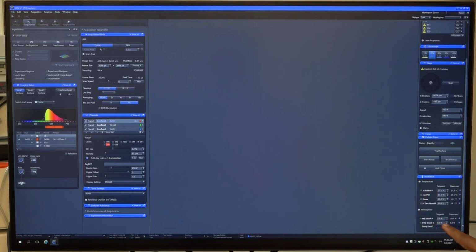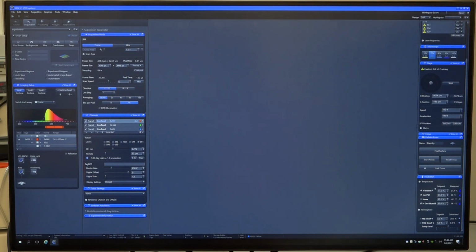Okay, so as you can see in the incubation here, there are a set of parameters. Basically 37 degrees is the set temperature. You can also have different set points according to your experiment requirement. And this is the measured temperature, the current temperature in the system. It will take half an hour to stabilize and reach 37 degrees. So before you start your live cell experiments, at least half an hour before, you should optimize with this, make it on, and then stabilize the entire environment. Once you need it, you just click a tick, and then this will be active.